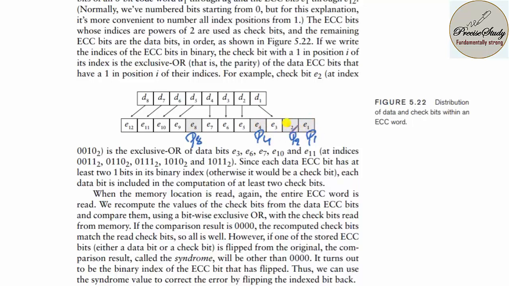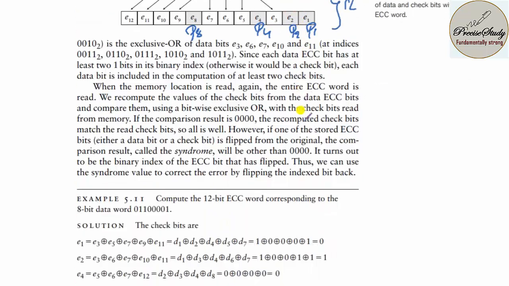You will have 8 bits, but at the time of sending you are going to send 12 bits, nothing but 4 bits you are going to add extra and then send the information. So what are the 4 bits? You will have 0110 0001 as your data. You are going to pad E1, E2, E4, E8. What is the value of E1? Now look at this. Whenever you have 8 bits of data, you can represent it from 0000, 0001, and so on to 1111. Able to follow?